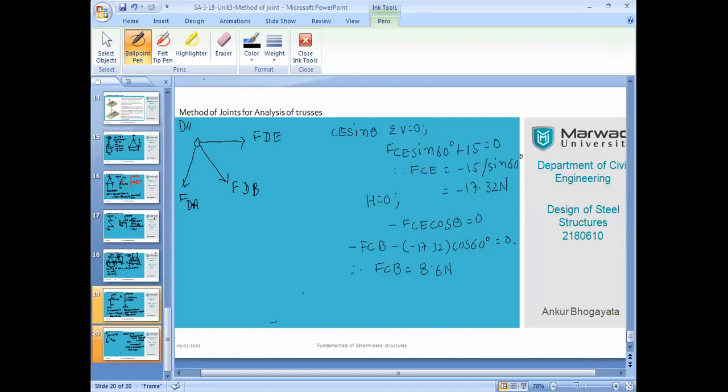Because most of the forces are known to you, like force DA is known to you. Yes or no? Force AD, that is force DA, right? So by using this, you can definitely find out the forces. Okay, you try it at your end. Otherwise, we will continue from this step and carry on with the calculation. Don't worry, it's a first interaction, so I will tell you everything in detail. But from then onwards, I will give you the practice.